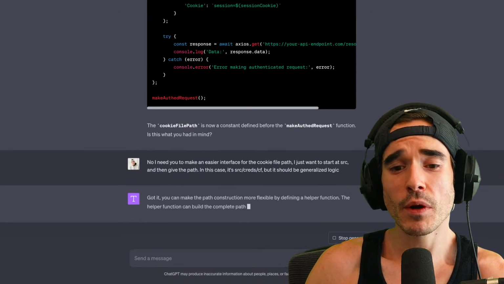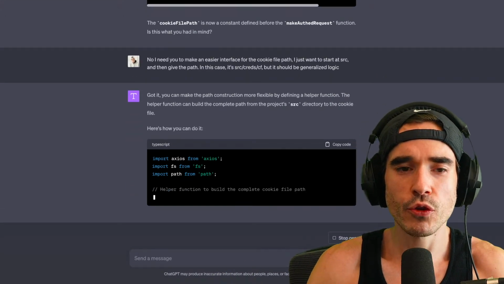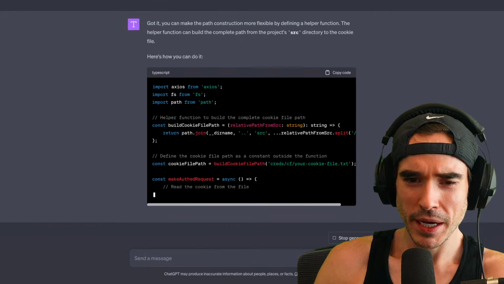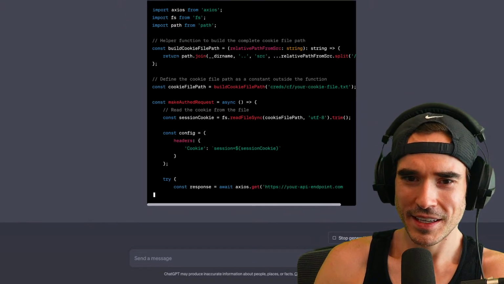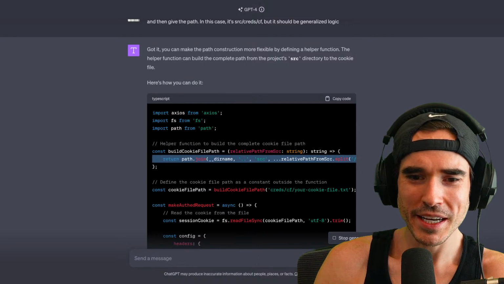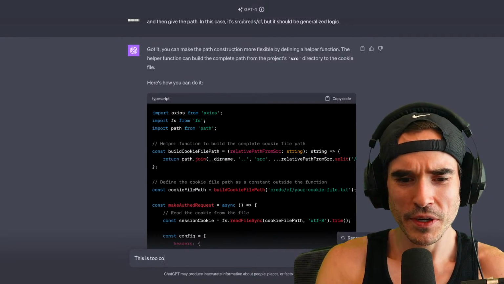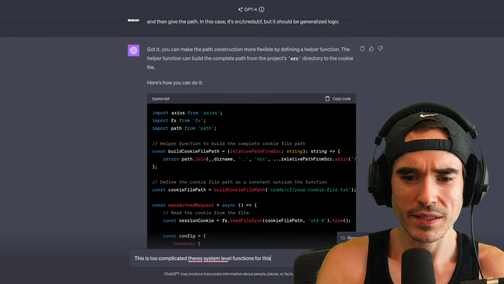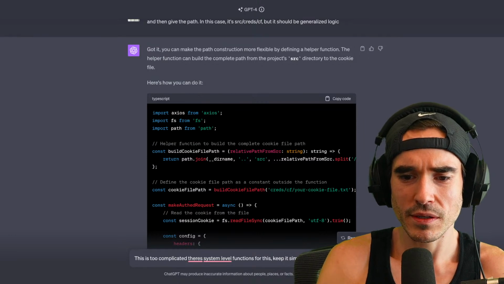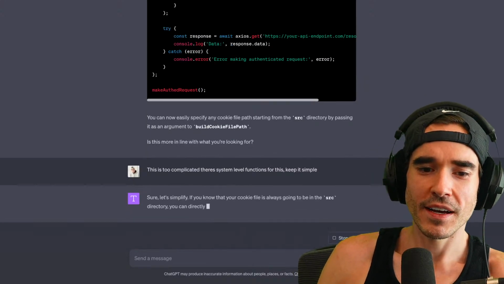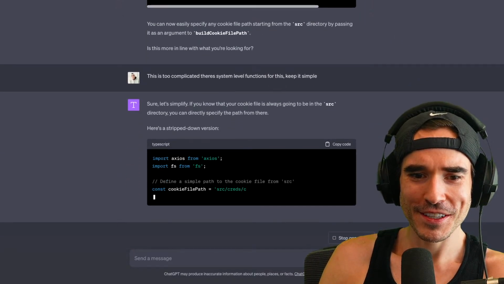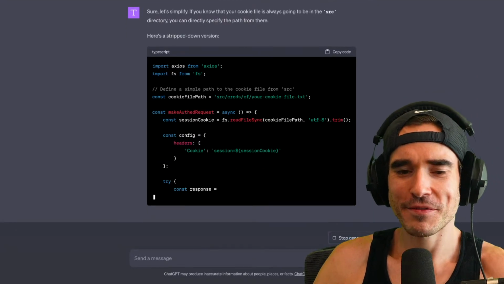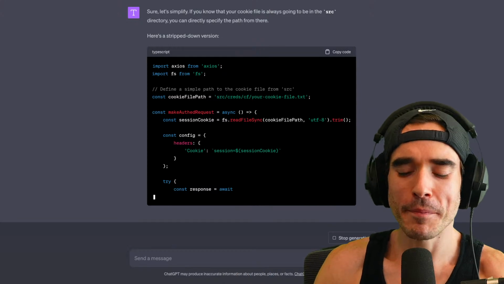I kind of know what I'm looking for, but with coding, you could do things at a way different level. But build cookie path, relative path. He's making it too complicated. There's system level functions for this. Keep it simple. Let's not demoralize them. Okay, let's see. Well, that's not what I mean. There is a method to get,